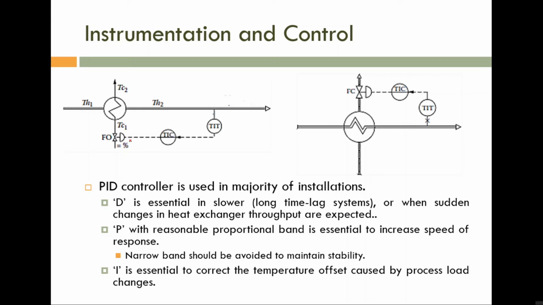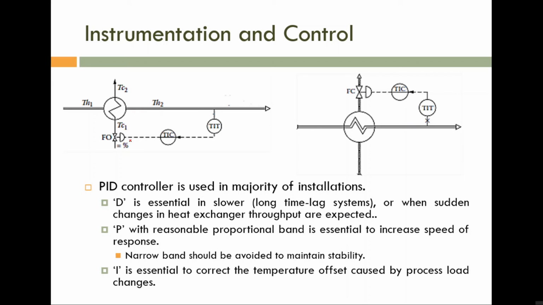Normally, P mode is used to increase the speed of response, especially speed of rise. That is the need of P. So in order to increase the speed of response, we need to use a proportional controller with a little bit large Kp value. But please note this: after using that proportional controller, the proportional band must not be a very narrow band. Something around 10% or 20% situation must be avoided.